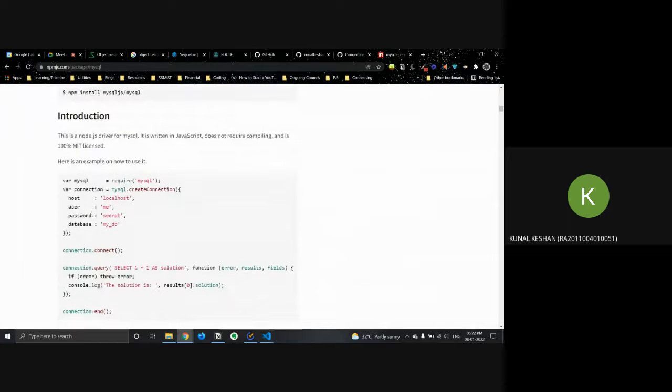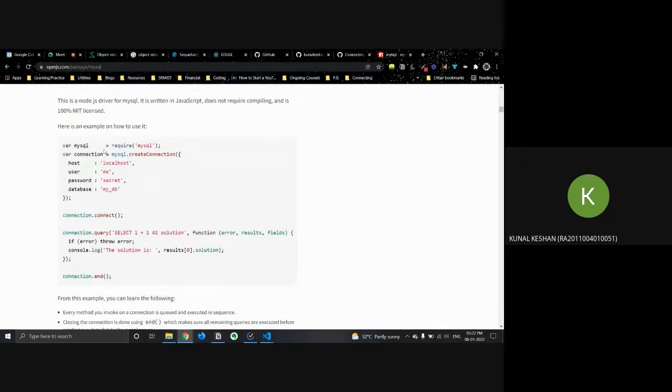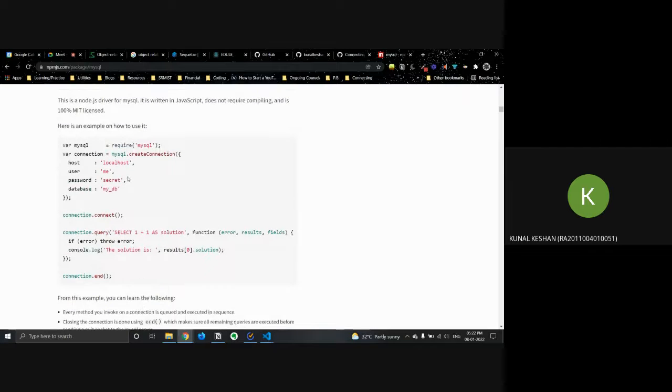In the documentation, it also shows how to create a connection. Next, from that connection, you have to use the dot connect method to actually create a connection to your database. And then next, how do you send queries?